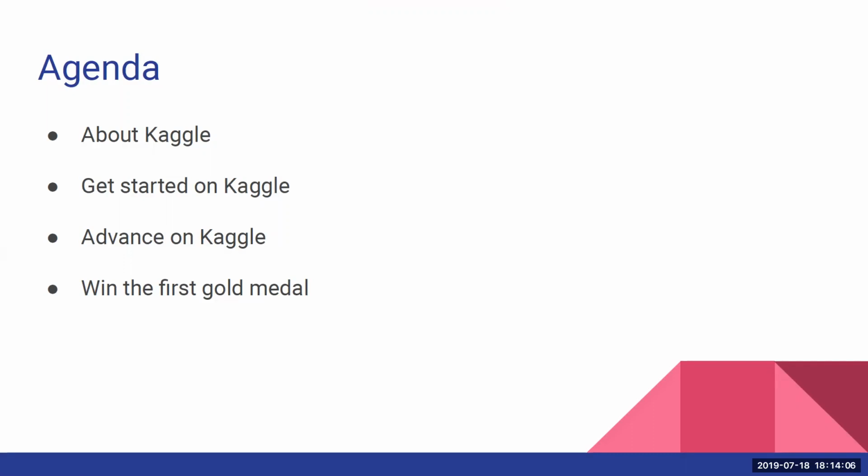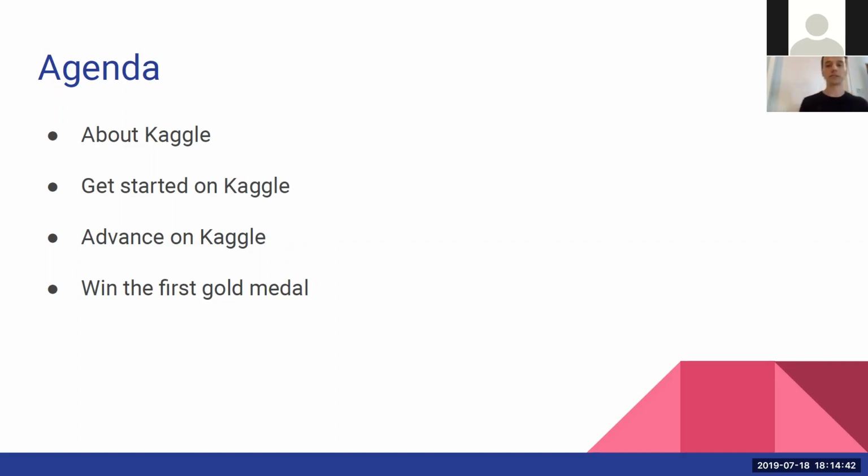So today I'm going to talk a little bit about Kaggle, what kind of platform it is, what kind of people participate in Kaggle, and why you need it. And then we're going to start with something simple, how to do the very first steps in Kaggle, how to make a first submission, basically how to get started participating in Kaggle. And then we're going to go a bit deeper, how you can advance to probably become a Kaggle expert. So you need a little bit of expertise. And also there will be a couple of tricks to help you advance faster.